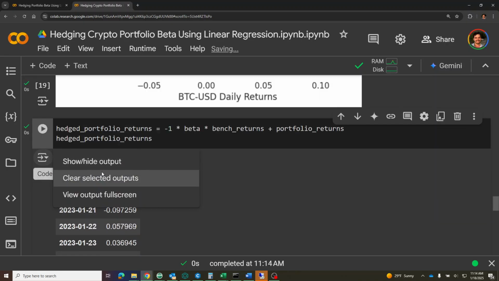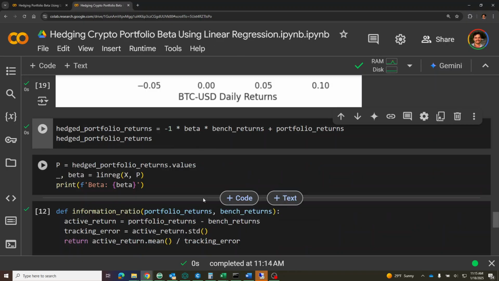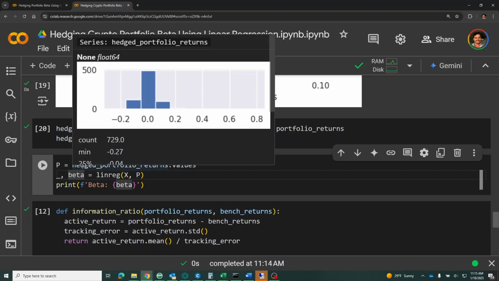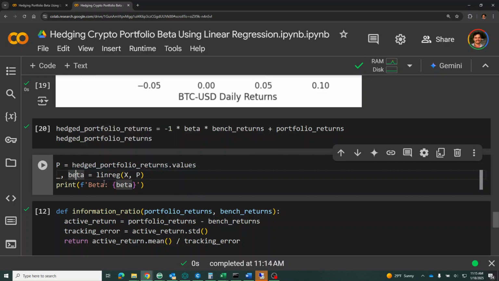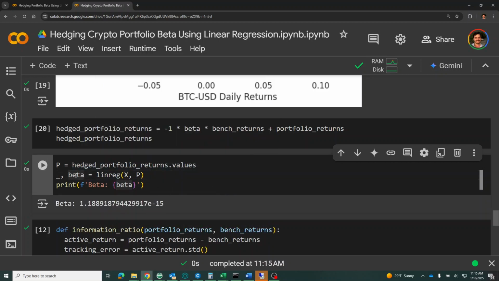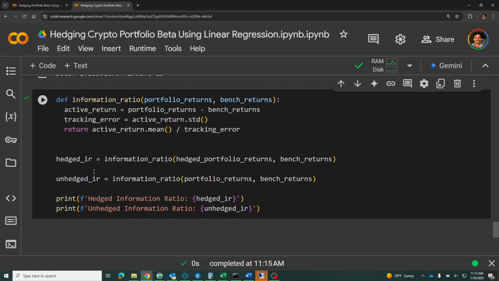All right. Let's clear the selected outputs. And then we're going to pass through and we're going to calculate our new beta using our hedged portfolio return values in our linear regression model here. We're not super interested in alpha anymore because alpha should be, it'll still be X. So when we hedge beta on our portfolio, you can see that we've reduced it from 3.9 to 1.1. And again, the information ratio here is